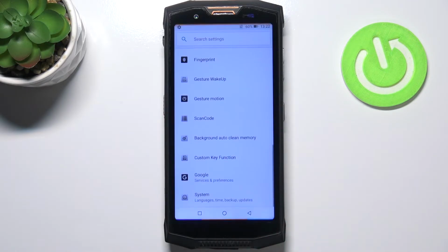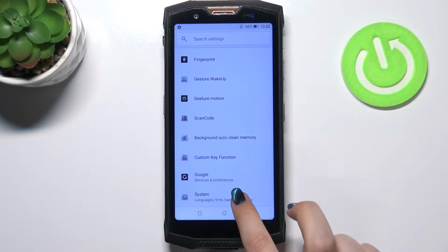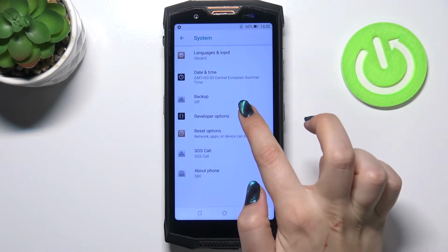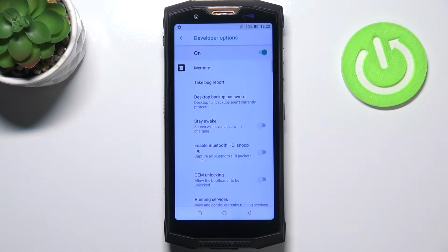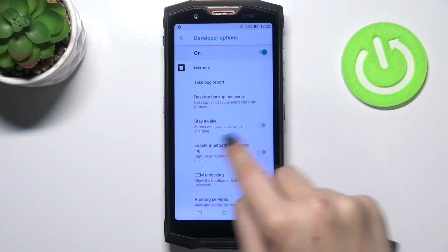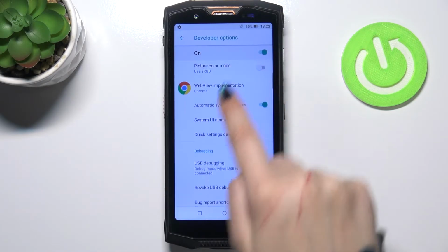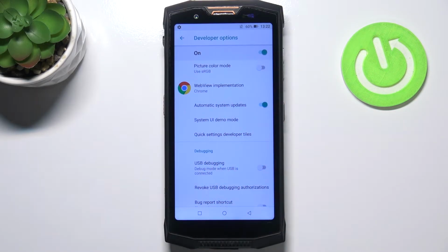So first of all we have to enter the settings, and now let's scroll down to the very bottom and tap on system. Now let's enter developer options, and if you cannot find the developer options in your device, no worries, we've got the tutorial of how to enable them, so let's check it and then let's go back to this video. So if we are on the developer options, just scroll down to find the system UI demo mode